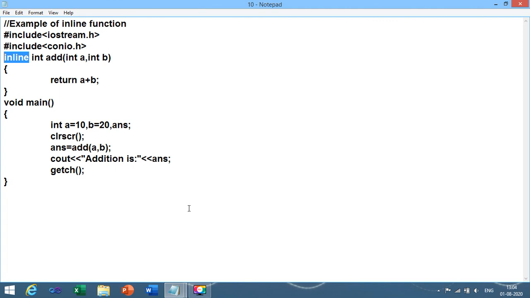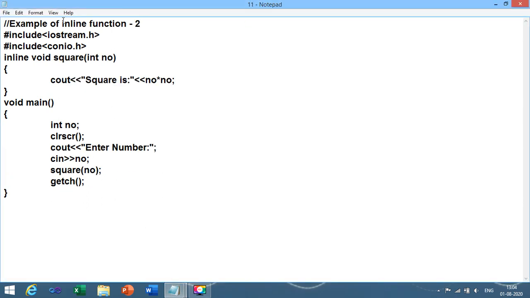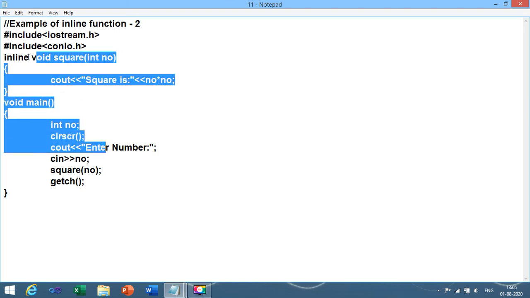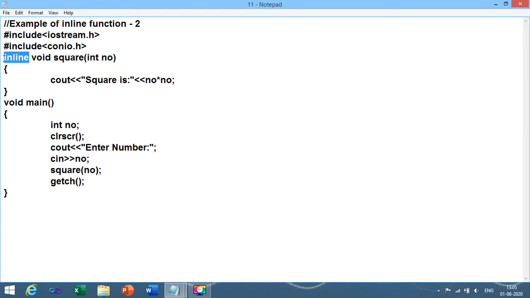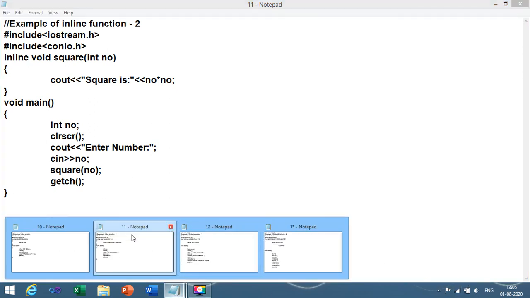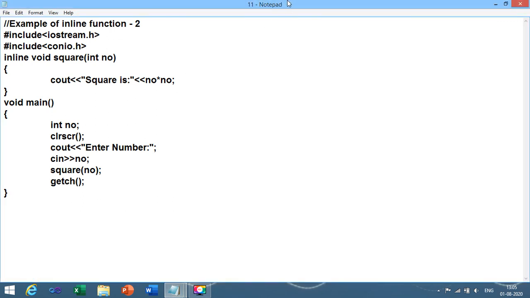This is the first program, that is program number P60. That name you need to give in the journal. The second program is inline function demonstration 2, that is the square function. This is again a UDF, but it will not return a value. This is a function with argument without return value. It is a simple function you need to develop, and before the name of the function you just need to put the keyword inline, and don't forget to write the output, right? This is the program number P61.